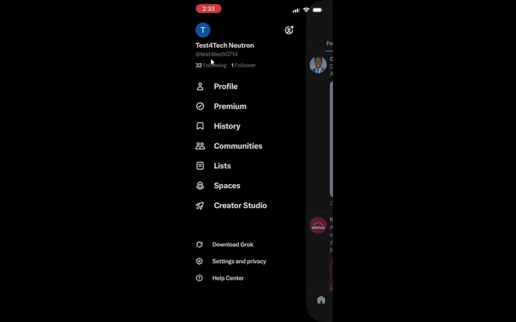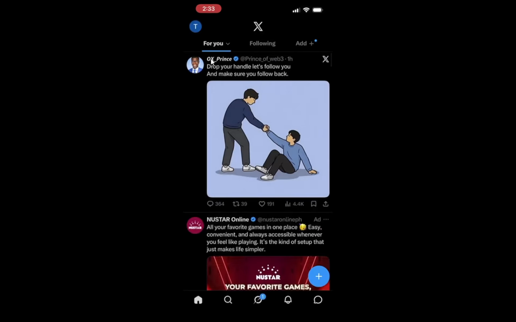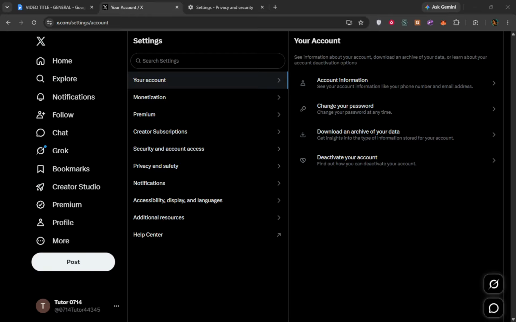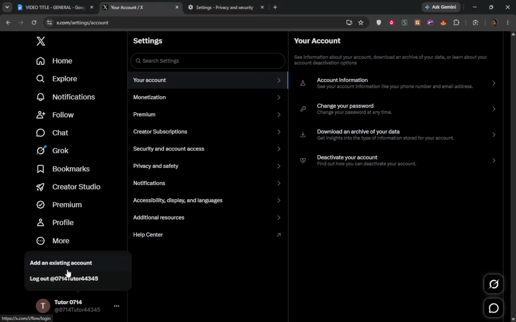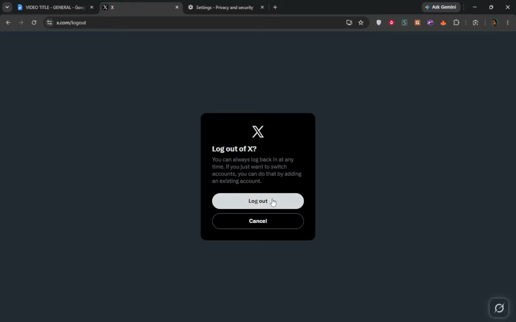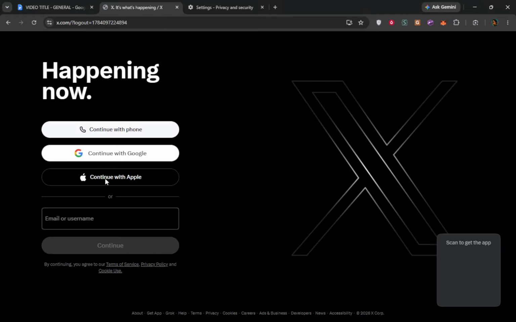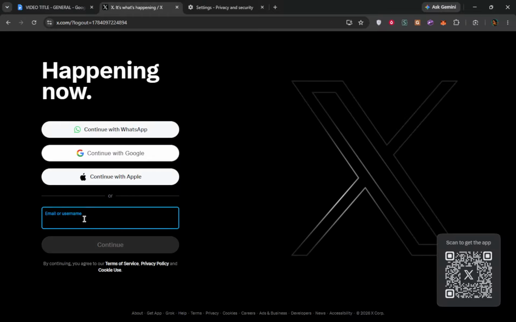If you cannot find your username or if you forgot it, don't worry. There is an alternative way to sign in. Instead of using your username, you can try signing in with the email address associated with your account. This is helpful for those who may not remember their username but know the email they used when creating their account. Look for the option that allows you to use your email instead. Enter your email address and password, then proceed to sign in. This method ensures you can regain access even if your username slips your mind.